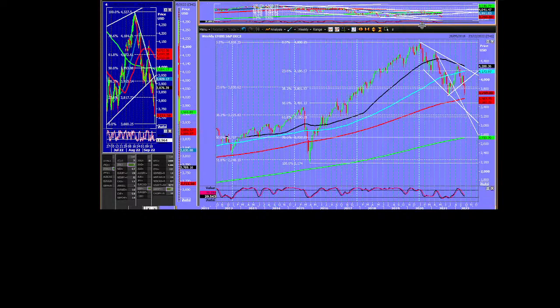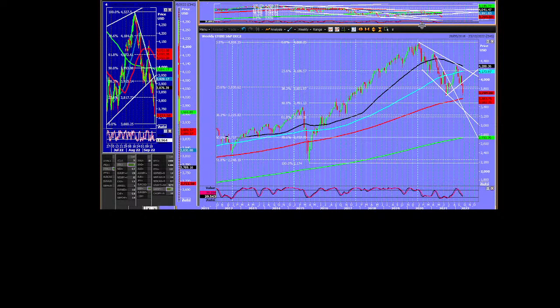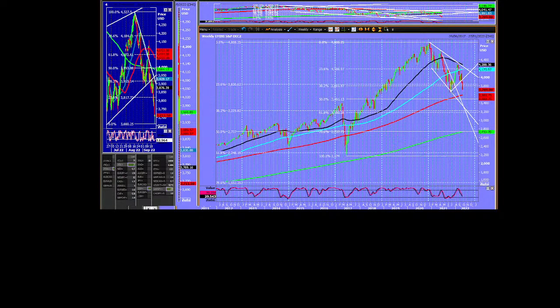Does anyone want me to show you the head and shoulders pattern for 2008, 2009? If you do, just tell me. If you've seen it, I won't waste your time. Now, we've broken below. Now, the reason this bounced here, I'll show you in a minute, is because of the Nasdaq and the Dow. It's not because of the S&P.